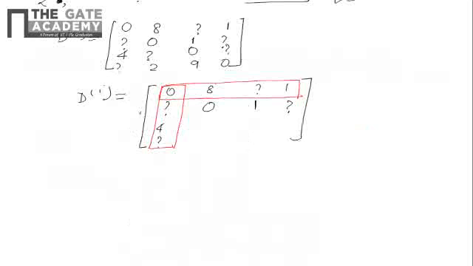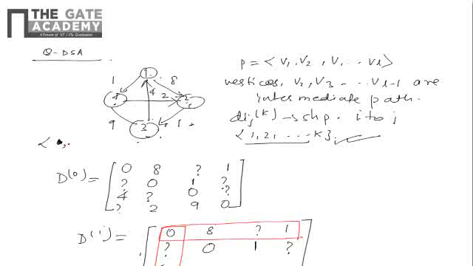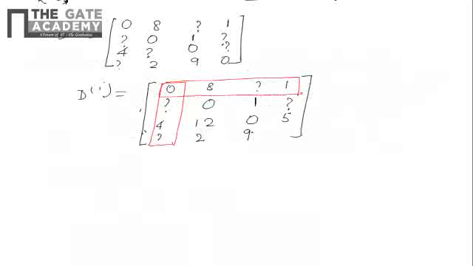Now come to 3 comma 2. Okay, now in the set 1 is there, already 1 is there. Now 3 comma 2, whether from 1 you can go to 2, right? So it will be 4 plus 8. See, it is 4 and 8, so it will be 12. Okay, so 12, then again 0, because self loop, again from 3 to 4. See, this way and this way, so 4 plus 1, 5, so 5 you can get, and 2 and 9 and 0, this will be same. Okay, so this is the d1 first.